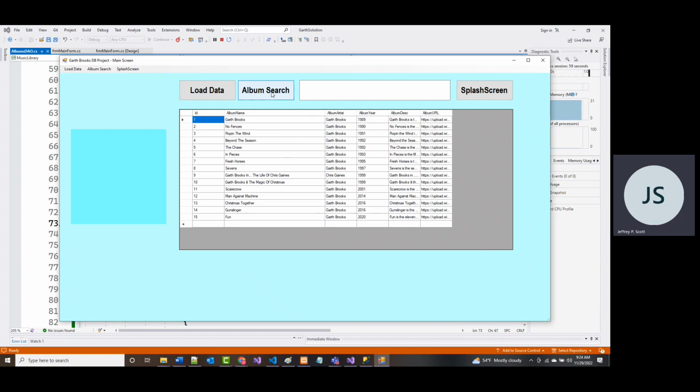All right, so what do we want to do next? Well, we've added that picture box. All right, and let's make this work. So if I put my mouse on here, it shows the Rope in the Wind album right there. All right, and it's really not a lot to do in order to do that. Okay, so let's talk about what we do have to do.